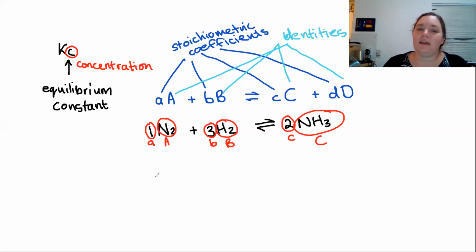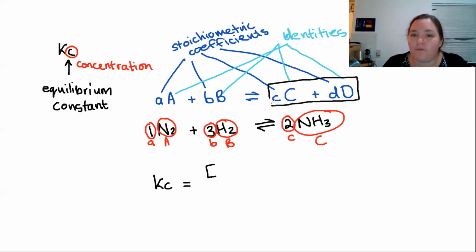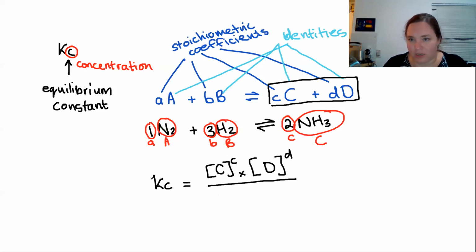To calculate our value of Kc, our Kc is always going to be equal to the concentration. Remember, square brackets from the lesson on Tuesday. Square brackets means concentration. So it's going to be concentration of our products first. So it's going to be concentration of capital C to the power of c, multiplied by concentration of D to the power of d, over,